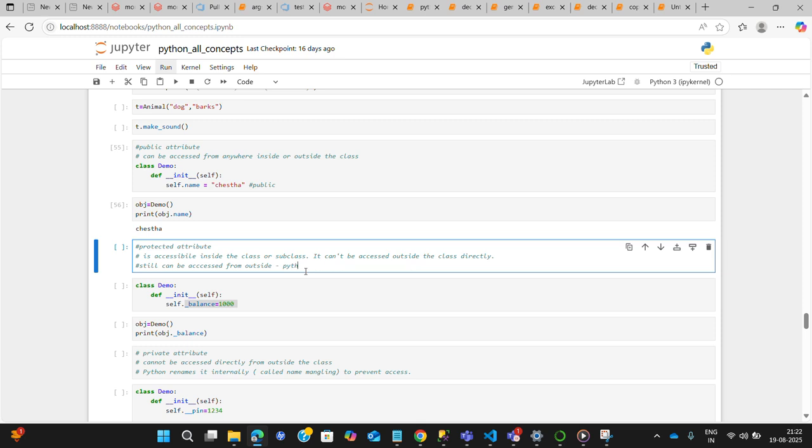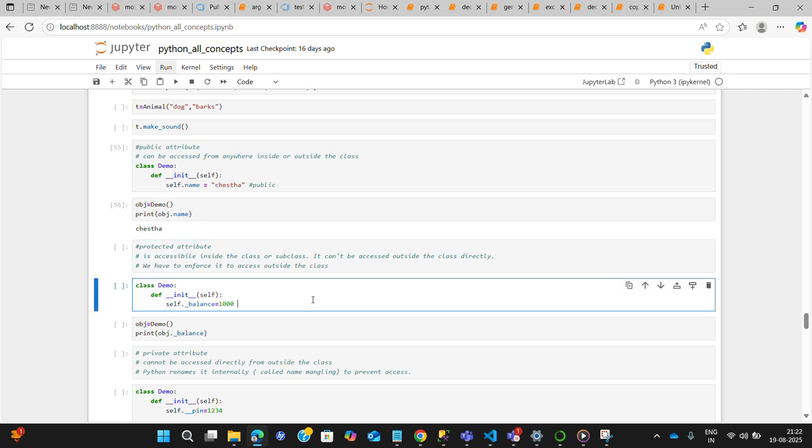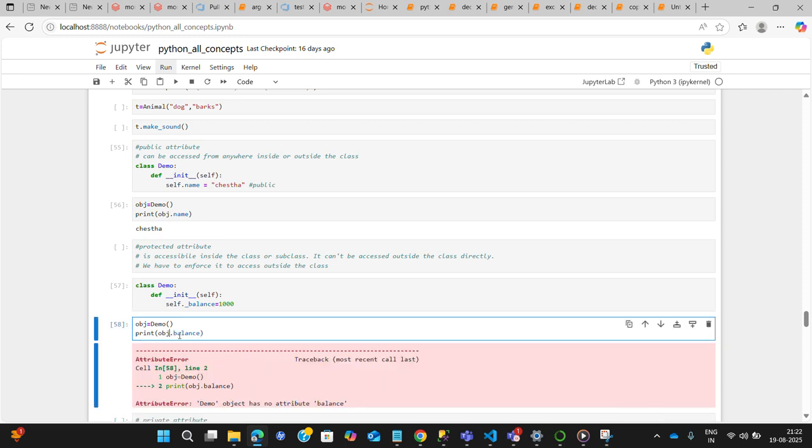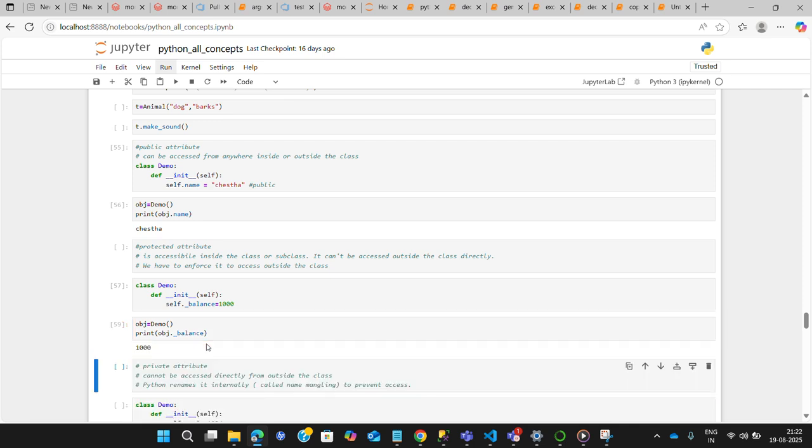We have to enforce it to access it outside the class. So to enforce, we cannot access it directly outside the class; we have to write underscore balance, a single underscore, to access this outside the class.